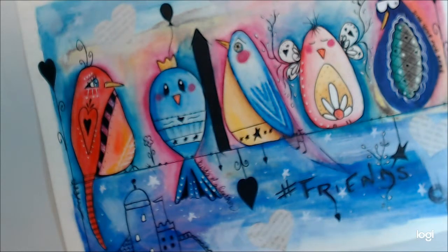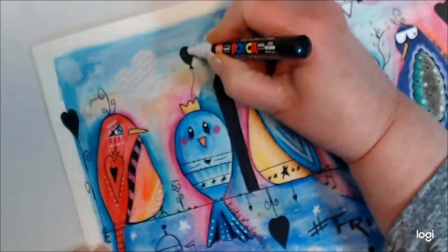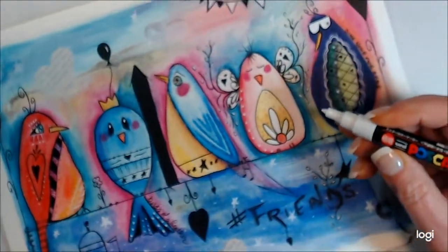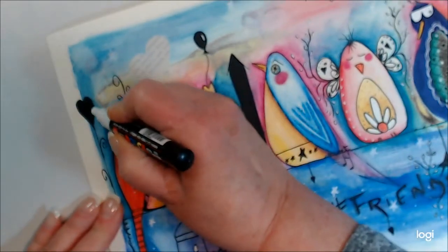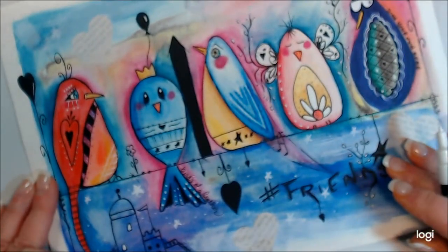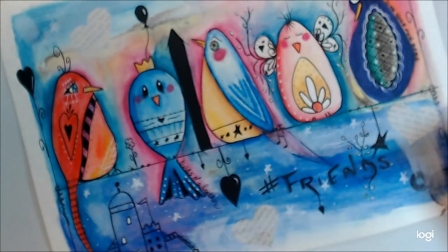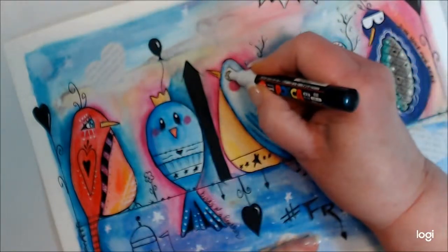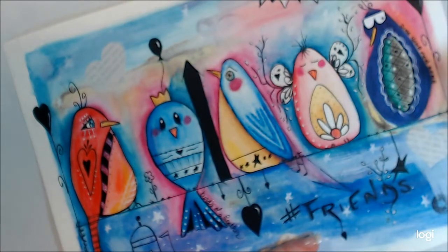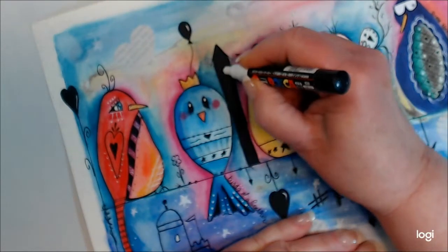Like on the balloon. I'm going to do a little highlight here on my balloon. And maybe on my heart here, I'll give a little highlight. This one over here. Come down here. So this is where you would just do your last minute things. This eye, I guess we could use a little highlight for him. Just going to try to